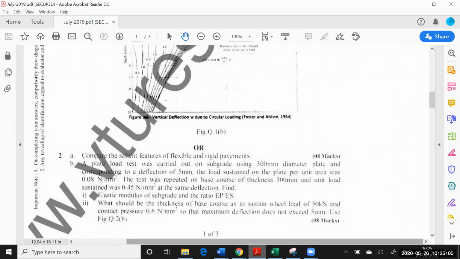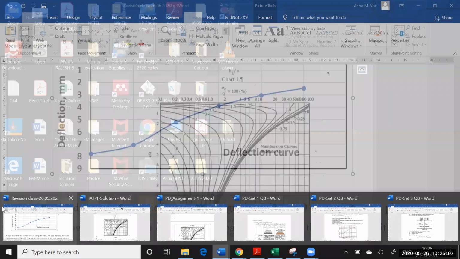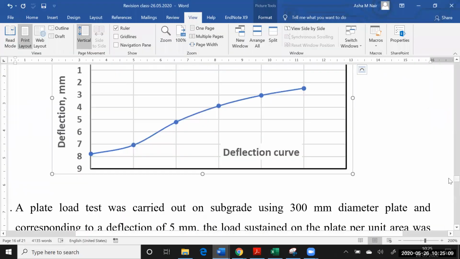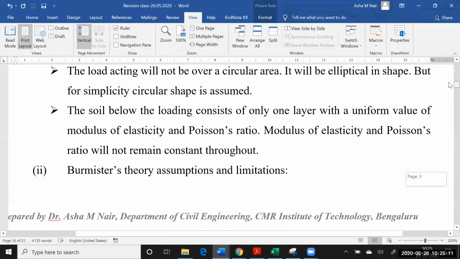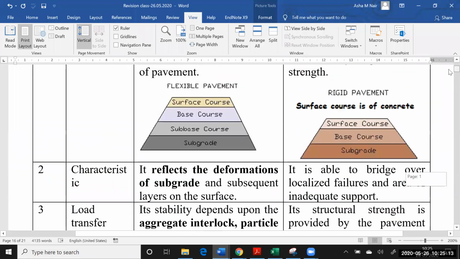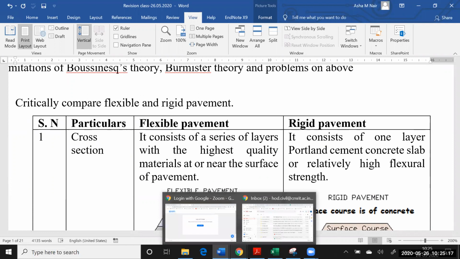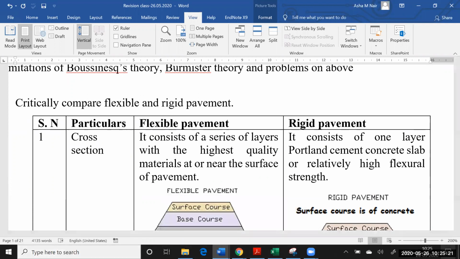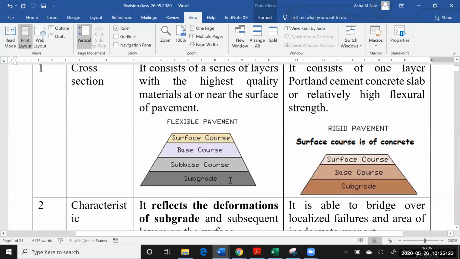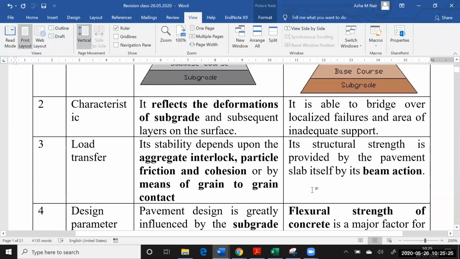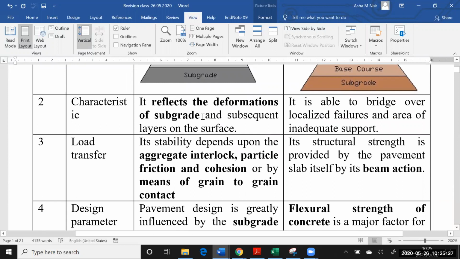So I can see here, I've already given it in my notes itself. Yeah. So critically compare. These are all different ways in which the same question can be asked. So first one is based upon cross section. As you know, it is a layered structure. This is of concrete and characteristic. It reflects the deformations of subgrade and it is able to bridge over the localized failures and areas of inadequate